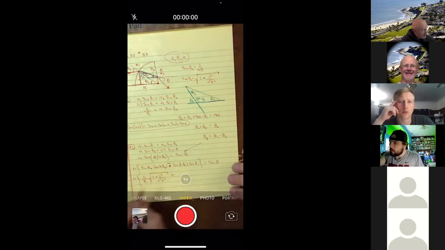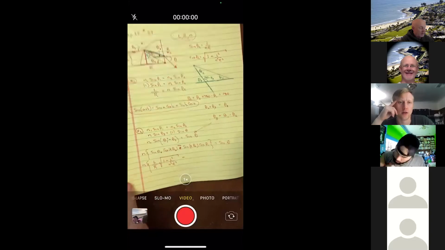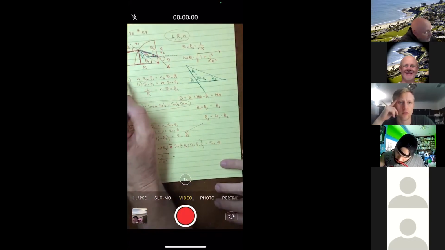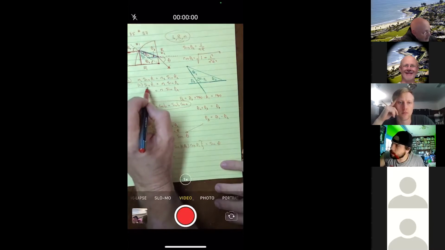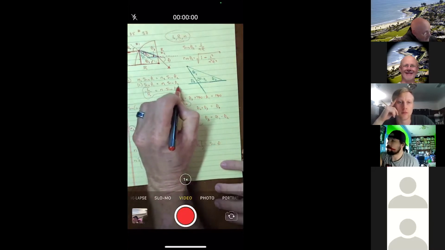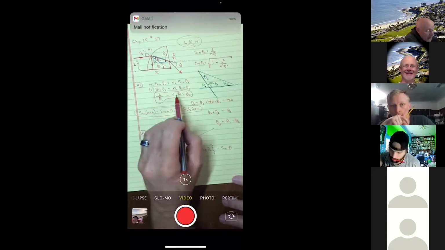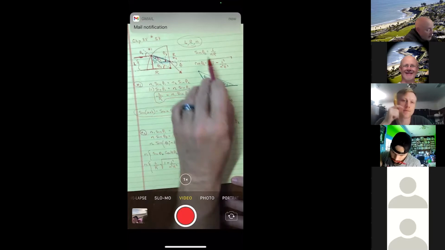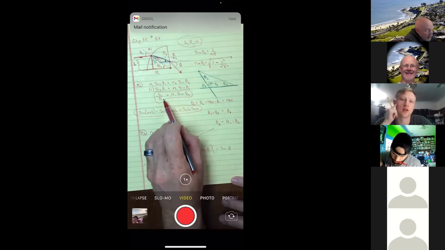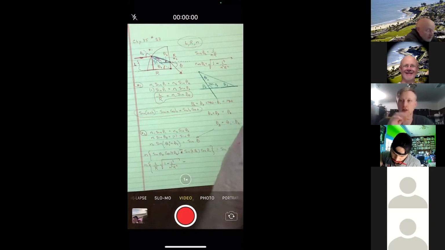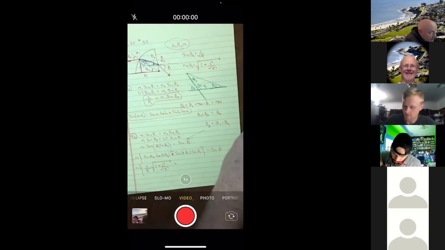Can you remind me real quick why it's L over NR? On the first surface, I did Snell's law and I got this equation. Oh, okay, you just rearranged that. Yeah, so when I moved it up here, I'm just going to move the n to the other side. Okay, I get what you mean. I was just lost. Thank you.